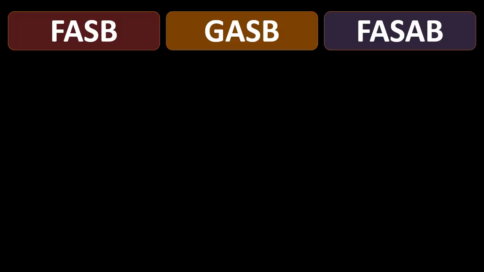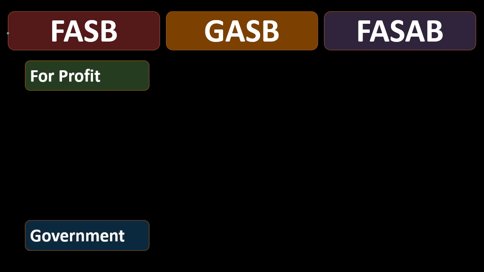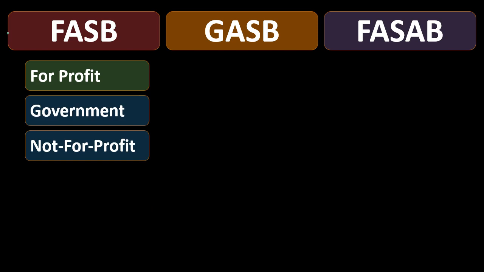Now let's take a look at some of the regulations as we compare them to our three basic categories that we have. We've got the for-profit organizations, we have the not-for-profit organizations, and we have the governmental types of organizations. And this is going to be the types of regulations that we have. We have the FASB, which is the Financial Accounting Standards Board. Note that for-profits are going to be subject to FASB, government is subject to FASB, as well as not-for-profit.